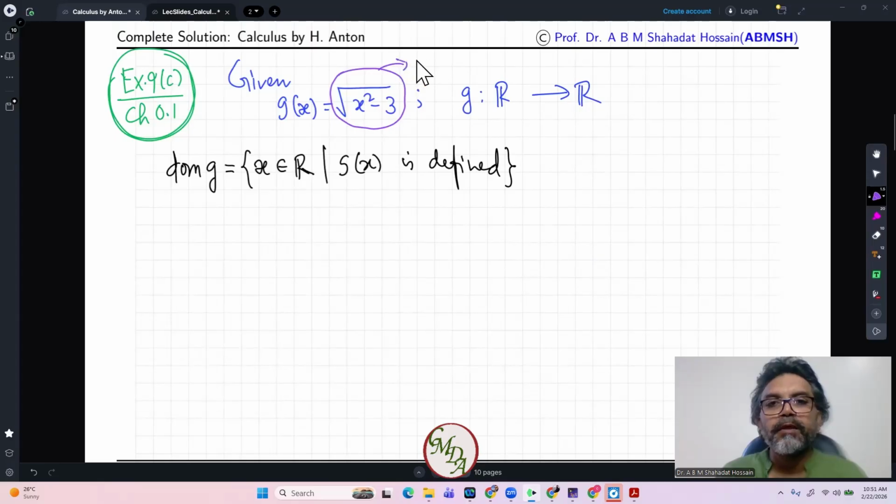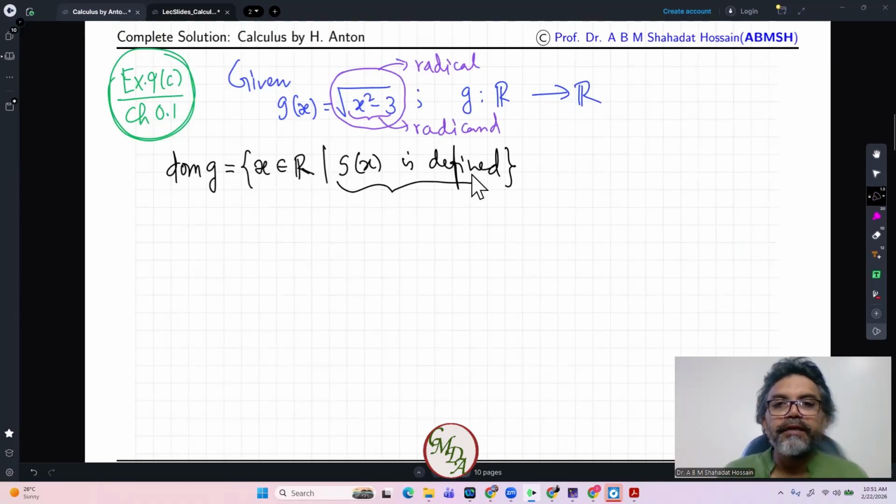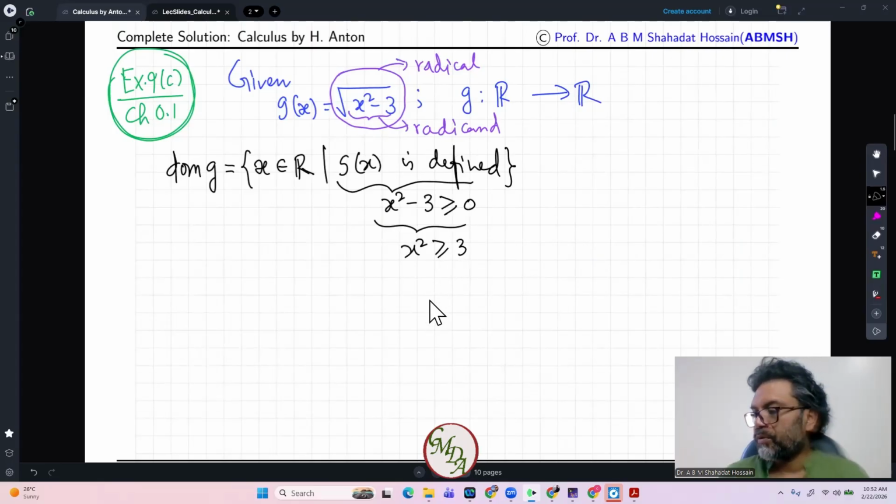This is known as a radical, and under this square root, this term is called the radicand. We need to be very careful with this type of expression, that the radicand cannot be negative. So if g of x needs to be defined, then this expression x squared minus 3 must be greater than or equal to 0. And then we can solve it for x squared must be greater than or equal to 3, which means